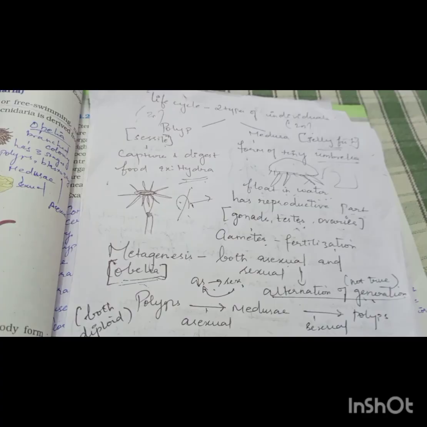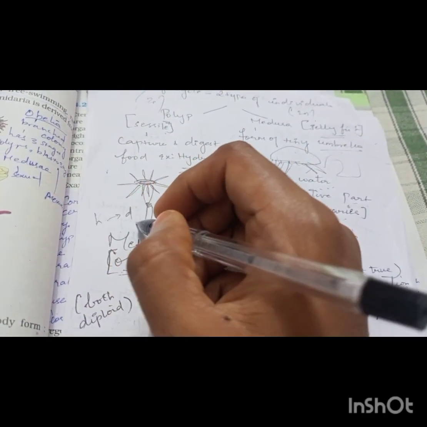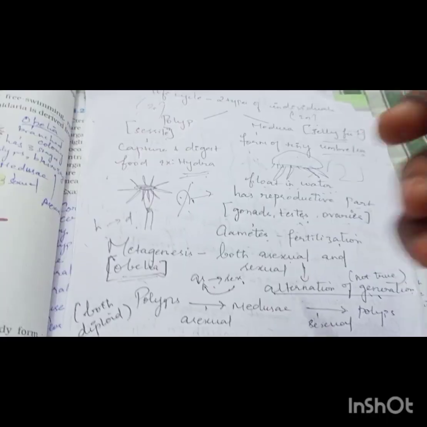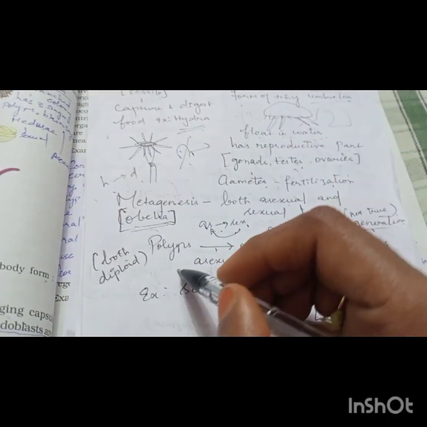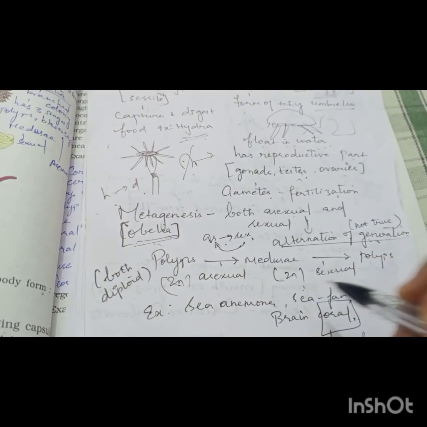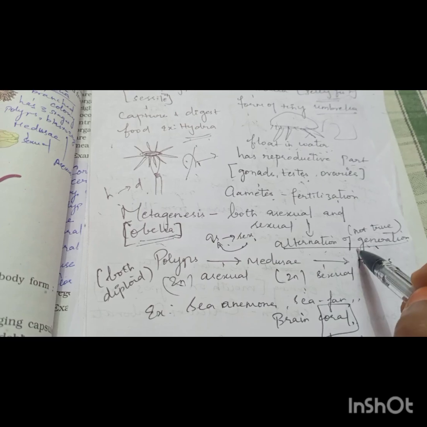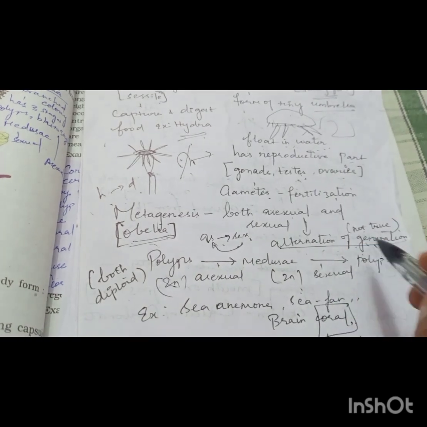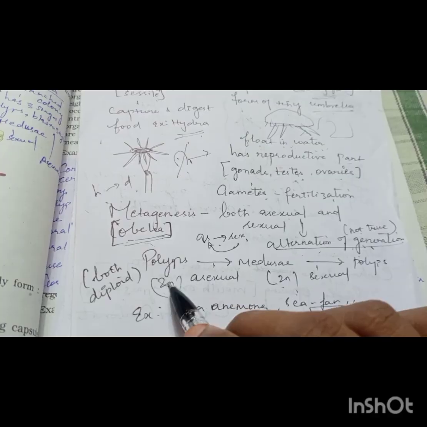So there, in that alternation of generation, a haploid phase alternated with a diploid phase and vice versa. But here both are diploid phases. So here polyps are also diploid and medusae are also diploid. And this kind of alternation of generation is actually not a true alternation of generation, because here both diploid phases